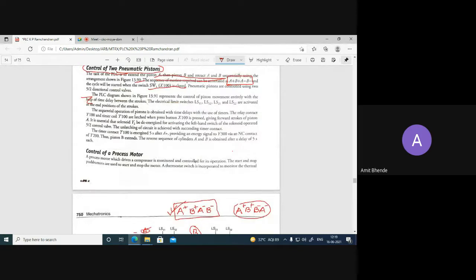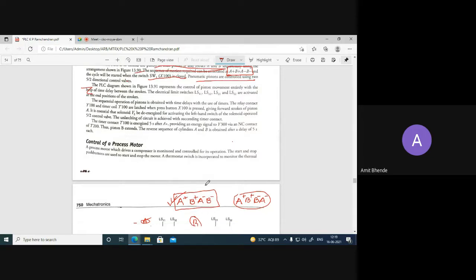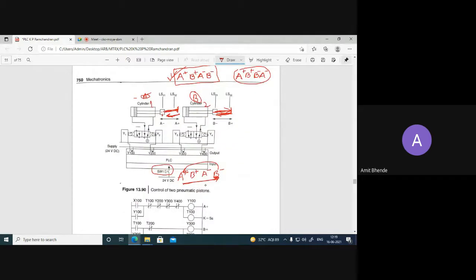The pneumatic pistons are controlled by using two 5x2 direction control valves. So this direction control valve is instrumental in extension and retraction of the cylinder.